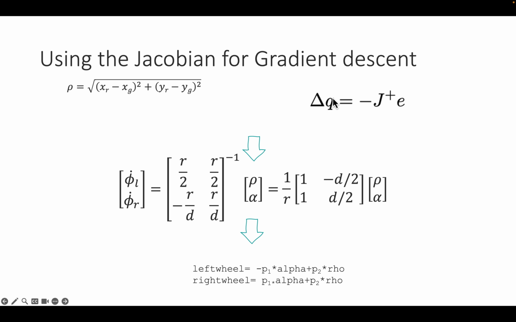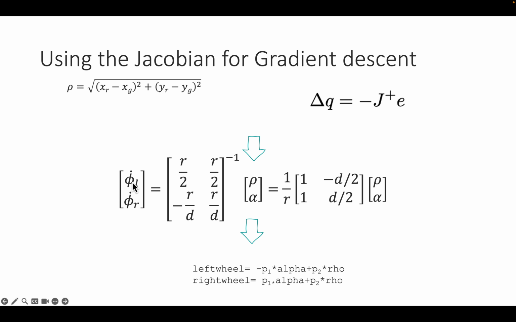When you look at this for the mobile robot, you will again come to the same equations that we have derived previously. We have the error terms here, rho and alpha, and we use the inverse Jacobian to get